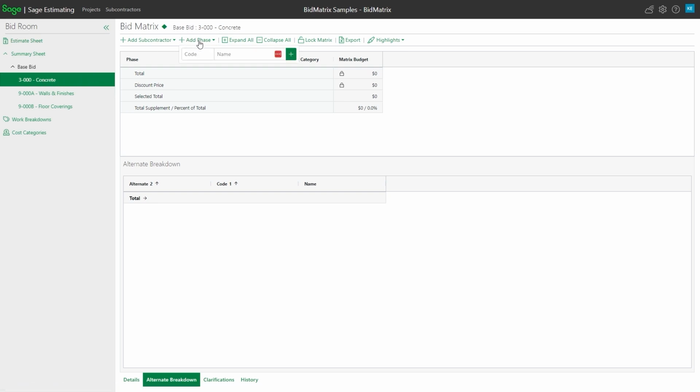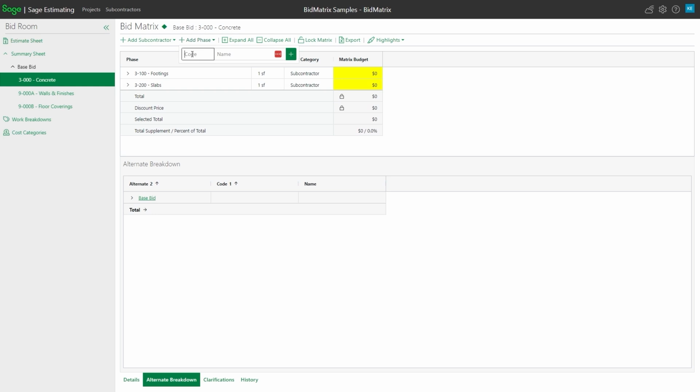Up at the top, I've got an add phase. So this is where I could tell it whatever I want my breakdown to be. I just typed in 3100, description footings. I hit enter, which popped me into being able to create another one right off the bat. So I'm going to say I've got a 3200 that is going to be slabs.